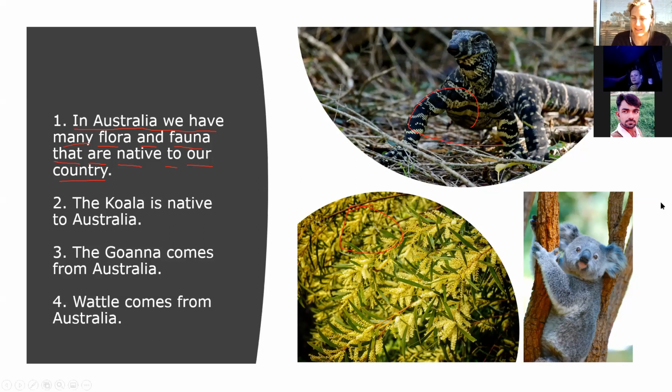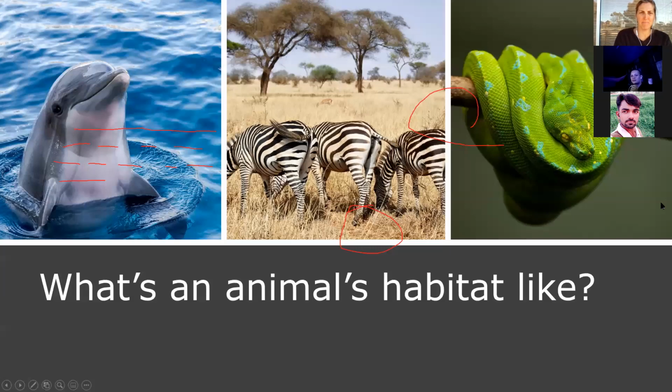What about the plants? Is there a special plant in your country, Sanskar? I don't know a plant, but I know a fruit. What's the fruit called? Lopsy in Nepali. I don't know what it is called in English. Okay, I don't know this one. We will have to look it up later and you can find a picture and then we can find out what it is. Okay? Yes, ma'am.